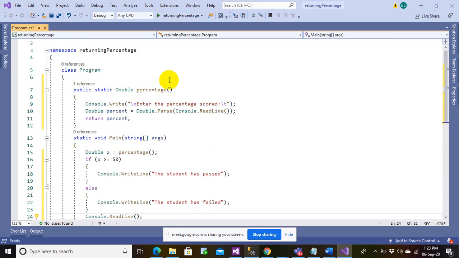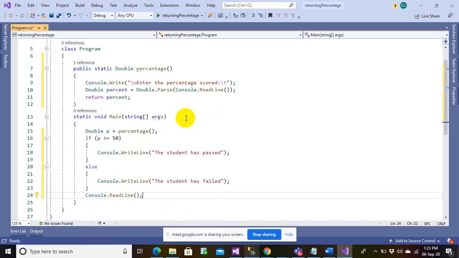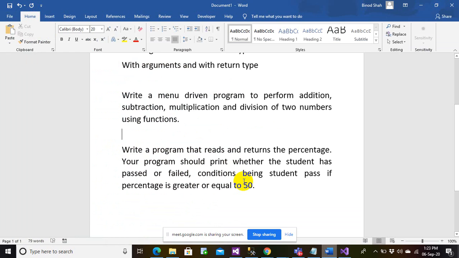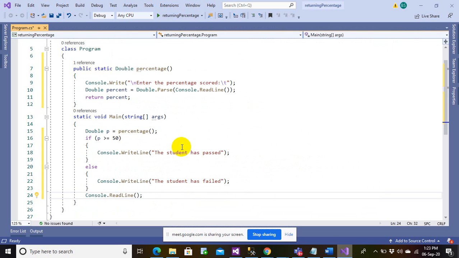Okay, everyone. Our objective was to write a program to read the percentage, and your program should tell whether the student has passed or failed. The student passes if the percentage is greater or equal to 50, otherwise fails. So we need to create a function called percentage that returns a value, that returns a percentage.